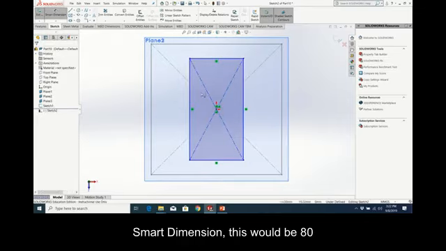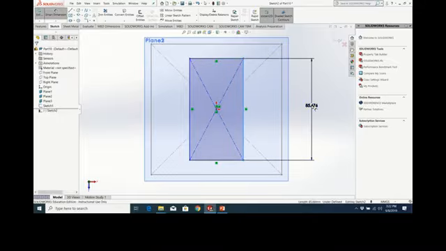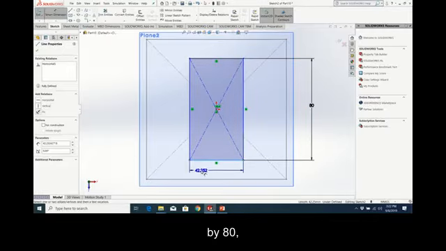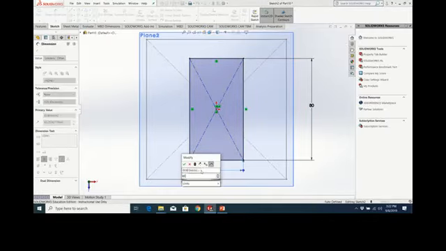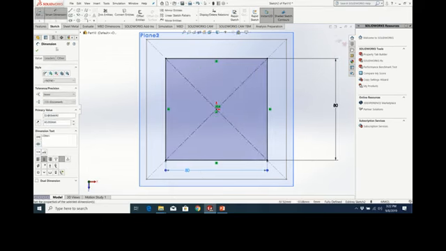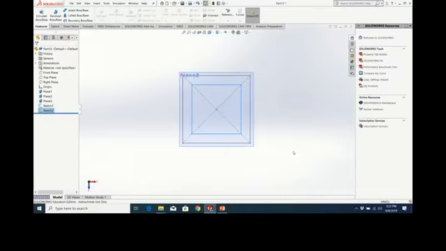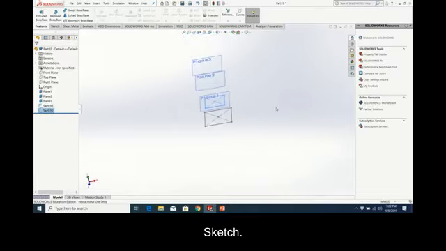Okay, smart dimension, this would be 80 by 80. Okay, exit the sketch. Now we go in plane 2,